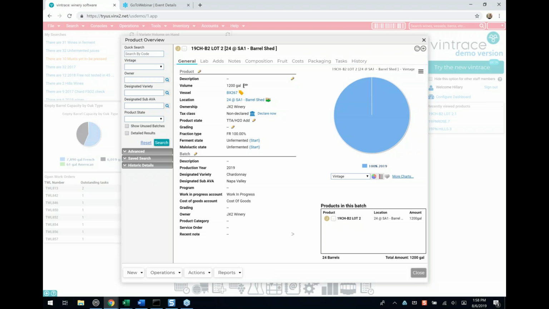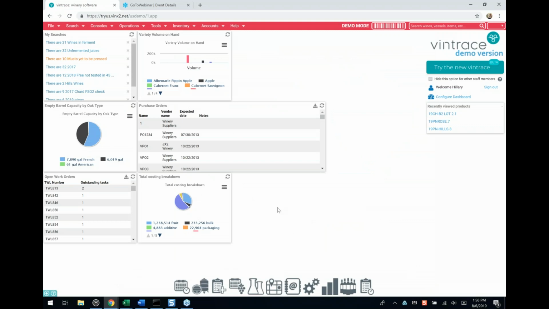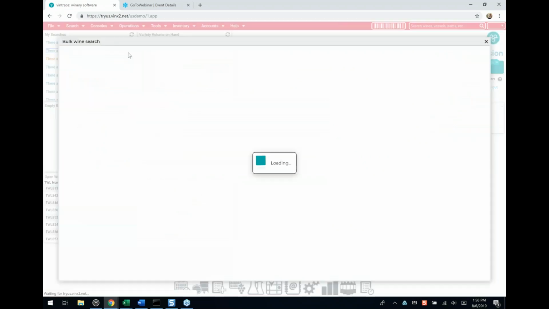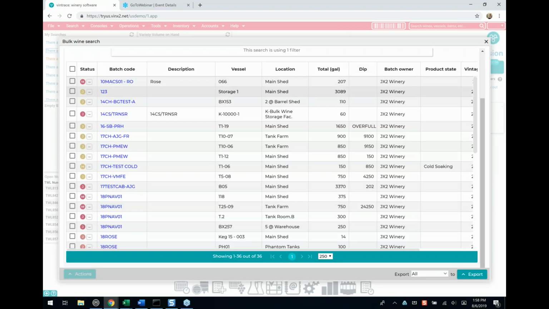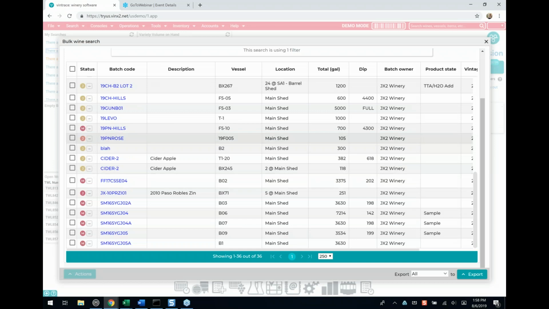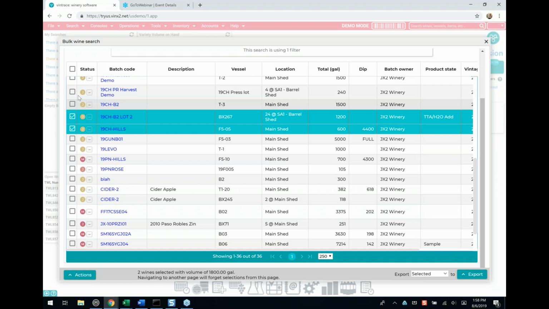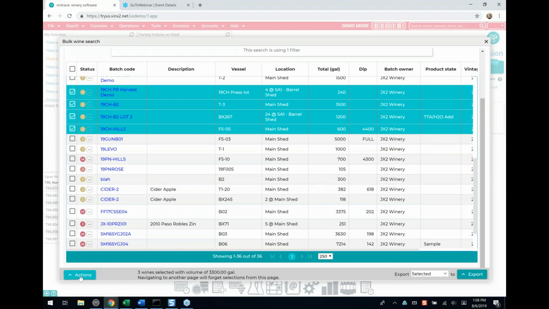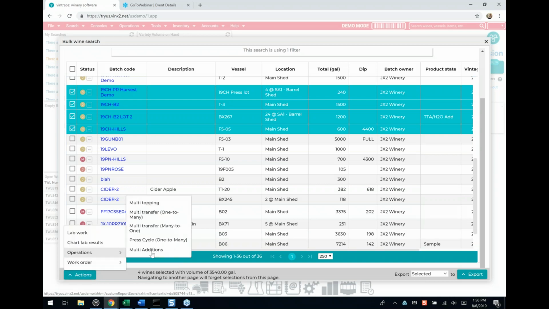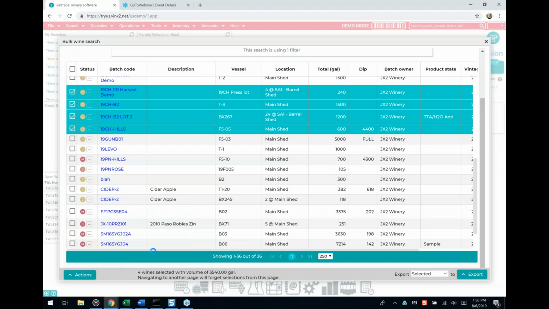Next is for doing inoculation. So very similar like doing your SO2 adds and things like that. You can select multiple wines at once. So I can go to my unfermented juices and select all of those and use one of my work order templates. So I can select my lots I want to ferment, actions, do a multi-addition,